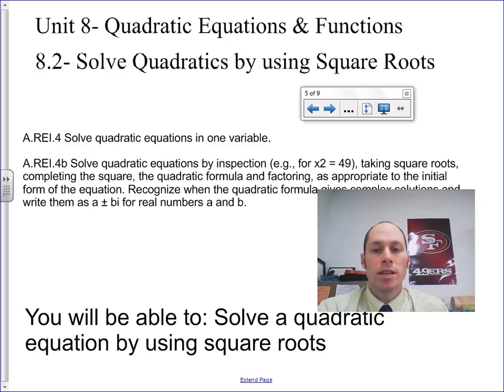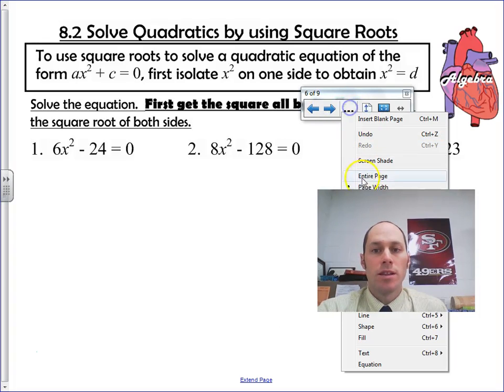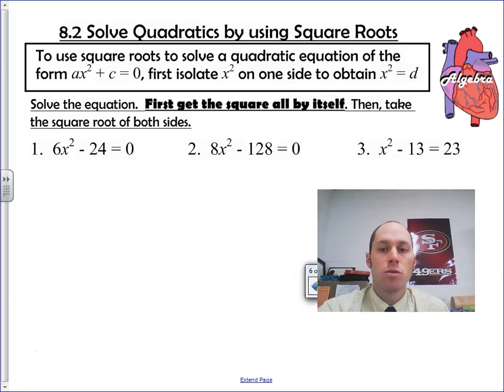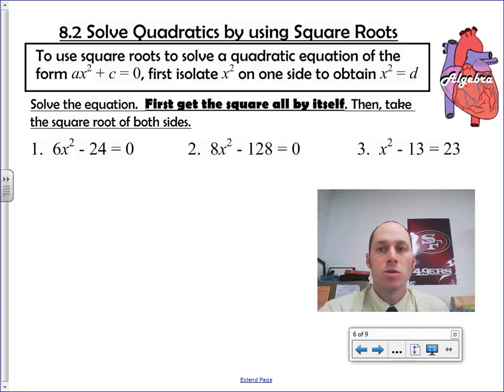Let's continue our unit on solving quadratic equations. Last time we looked at how to solve a quadratic by factoring. Today we'll look at how to solve quadratics by using square roots. In this case, we're going to take a look at special types of quadratics that we can solve using square roots because it might be simpler, quicker, and more efficient. You like to do things more efficiently than having to factor every time. So here are some examples of ones that we can